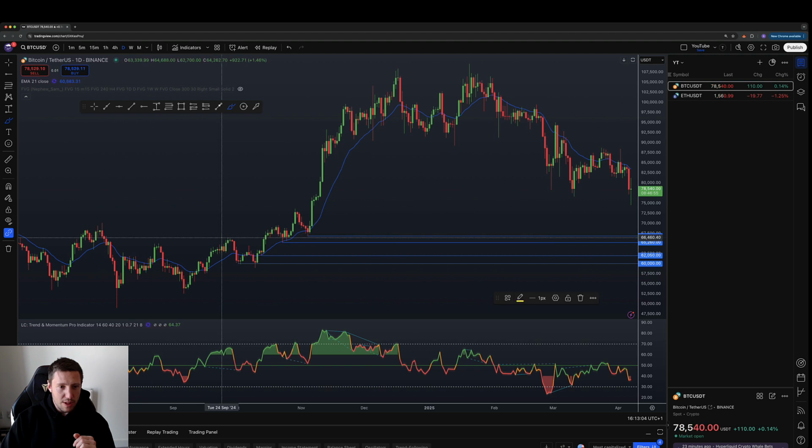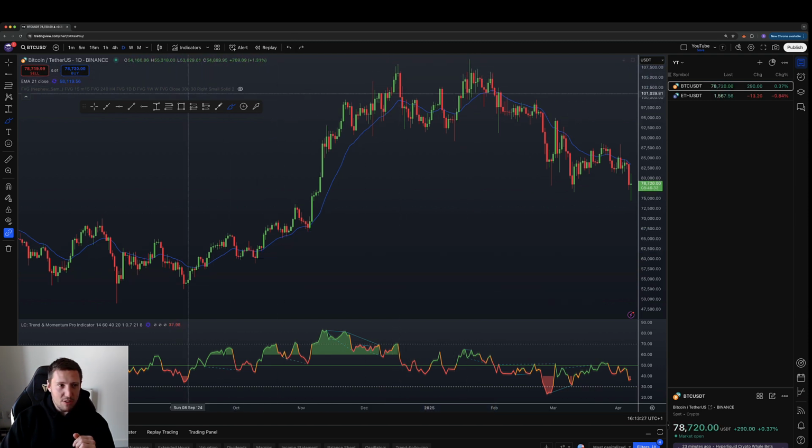Turn the magnet tool off, that'd be easier. There you go. As you can see, higher highs all the way, and that trend continued from that level of 60k all the way up to 108k, where we then did not make any higher highs in terms of a candle closure. We did get that wick on the 20th of Jan up to about 108. However, we didn't get any candle closures above the previous highs. We then went into a downtrend, which is where we currently find ourselves, which is defined as the opposite, obviously,